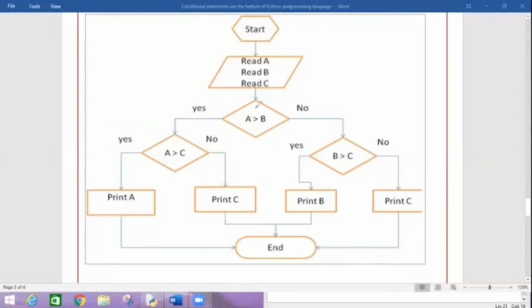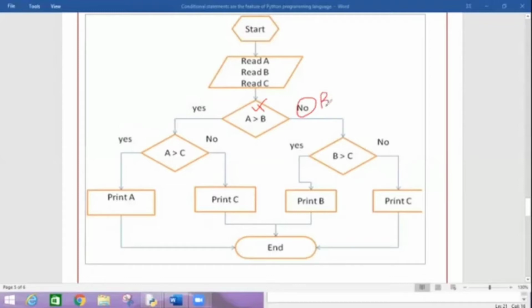Another way, another phase of the condition is I am checking A is greater than B. Condition becomes false and I am coming on to the phase of no. Once A is not greater than B, what does it mean?